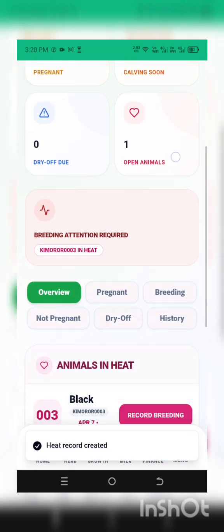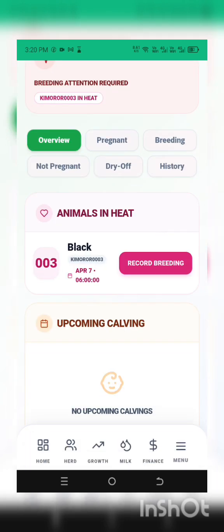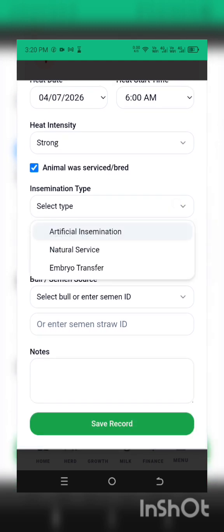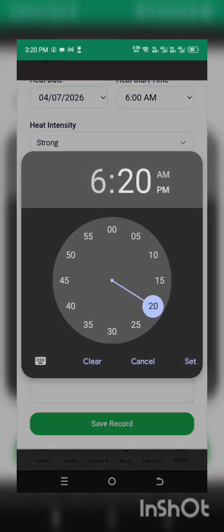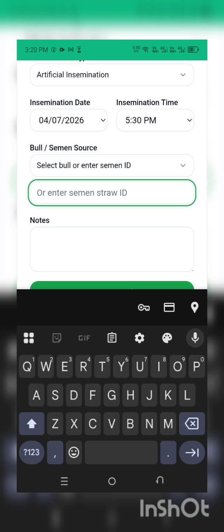So this one shall be reminding you that you saw that your animal had shown heat signs on April 7th at 6 a.m. in the morning. So the next thing that you will do is record breeding. We had pre-filled this one before we serviced our animal. So we shall use artificial insemination, and the insemination time we did it at 5:30 p.m. in the afternoon. That was the most appropriate time, and the semen ID was,